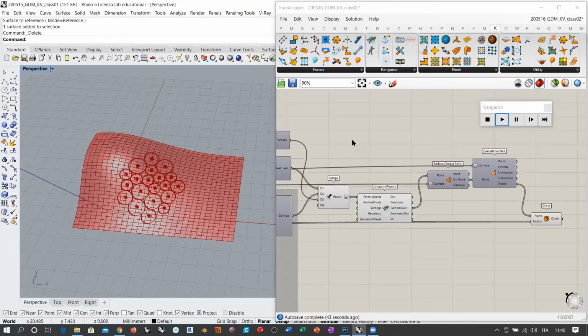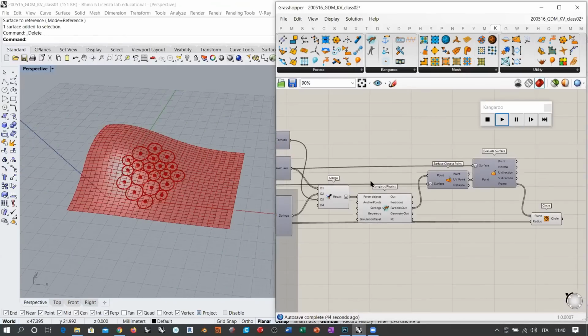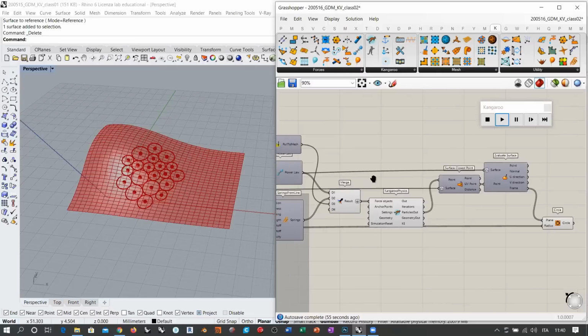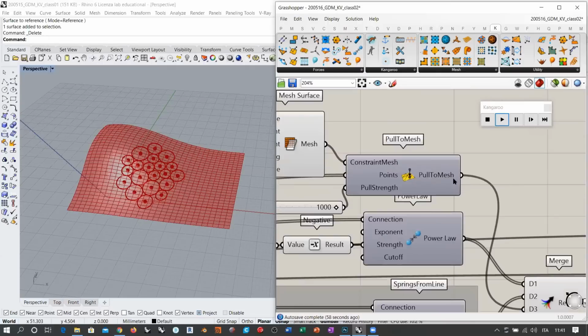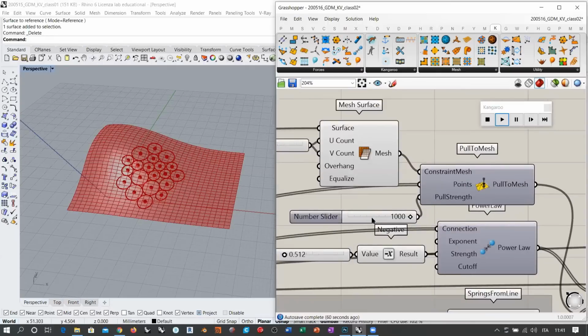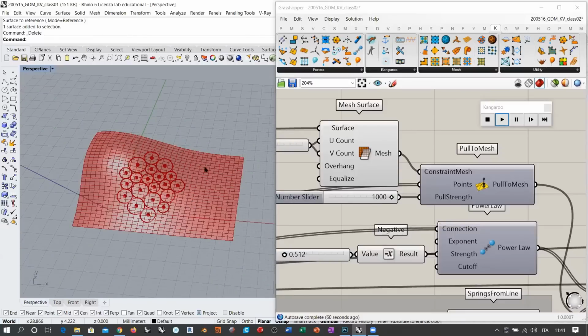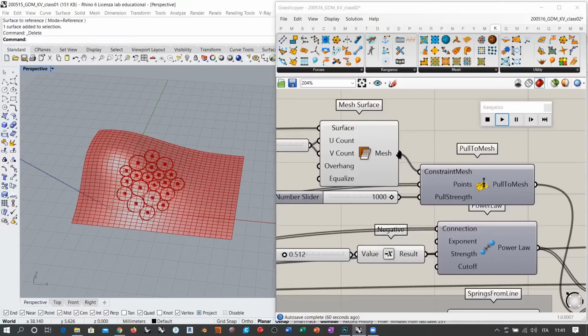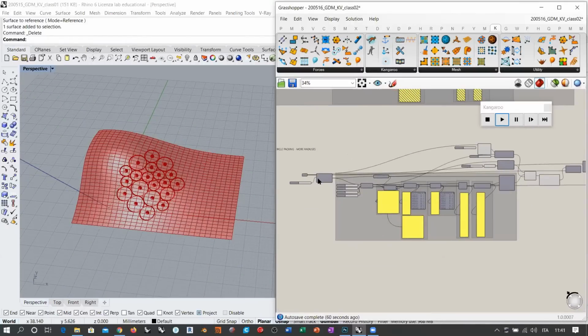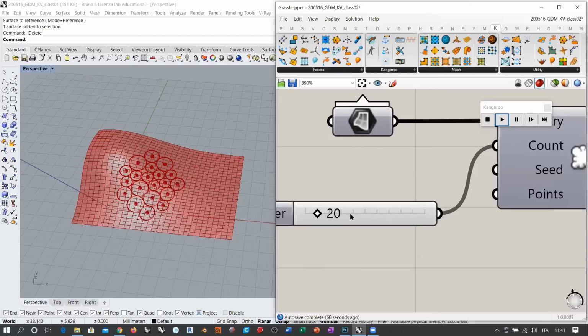Okay, so the problem is basically the same. In this case, you are already considering an underlying surface, so there is no need to consider making these circles stay inside the given surface, because they are already being projected or pulled to the mesh. So you are already solving the two problems: lying on the surface and staying inside the surface. Remember that the only thing that you cannot do is understand how many points you need with those random radiuses